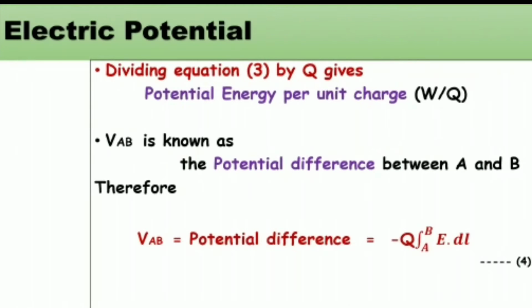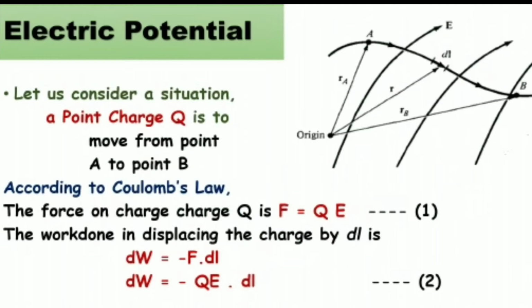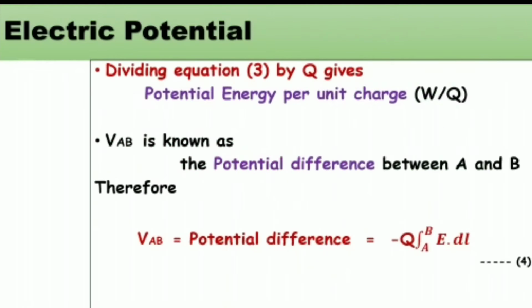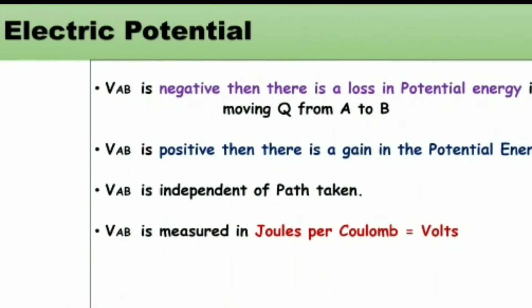Fourth equation. Okay, so as of now, with the help of Coulomb's law, we have taken force, then we determined the amount of differential work done in moving a charge in differential length, then expanded it for the total length, that means the total amount of work done, and analyzed that concept in terms of potential difference VAB. Now, from the fourth equation, we can notice the following points.